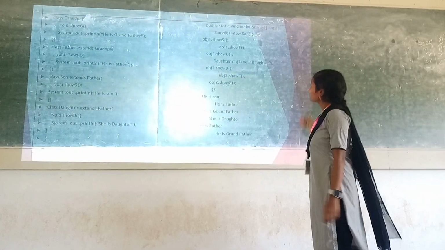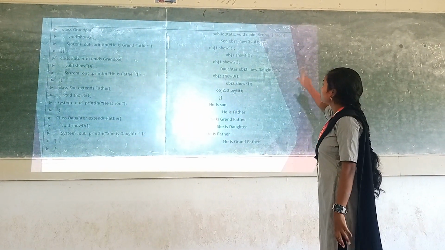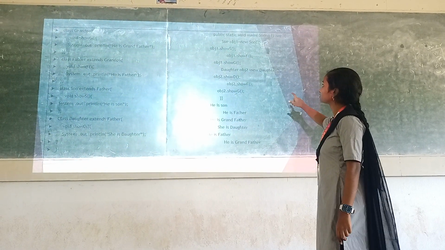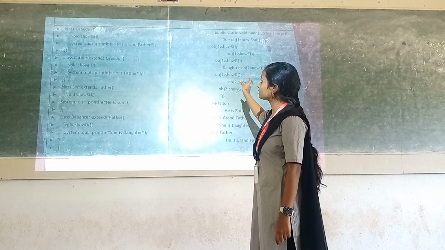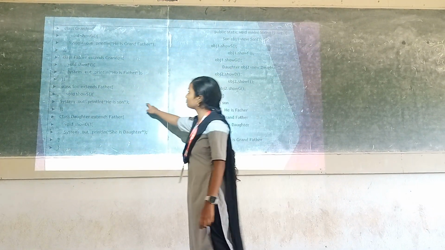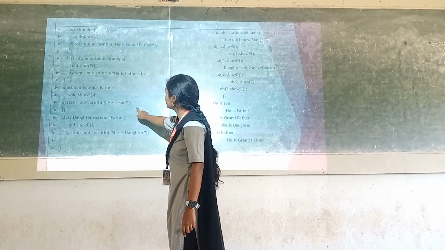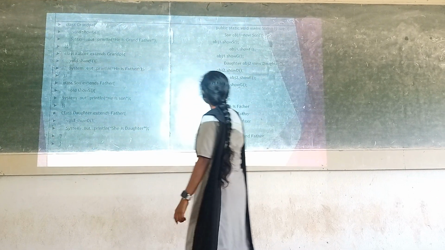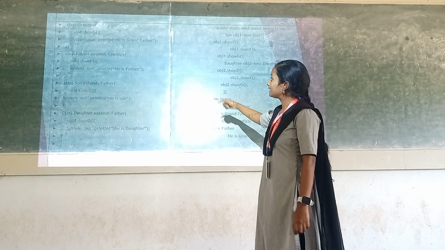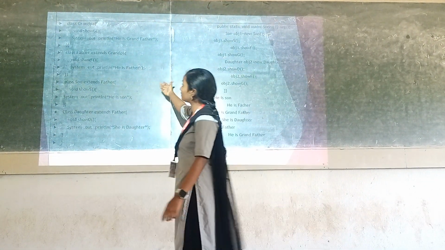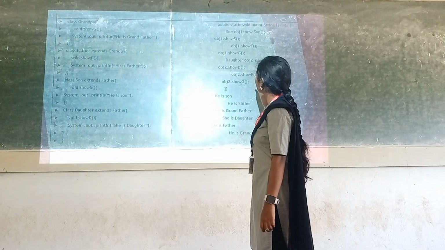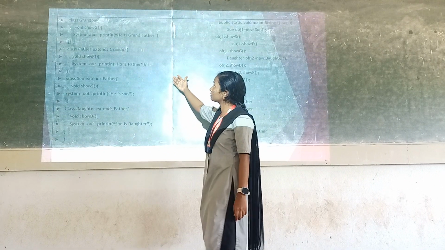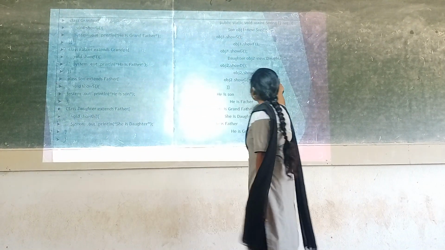In the main method, I have created an object for the son class: son object 1 equals new son. Using that object, I am calling the method shows. Shows is the method of the son. It will print "he is a son". Using the same object, I can also access the method of the father, which is showf, and also the grandfather method, which is showg.